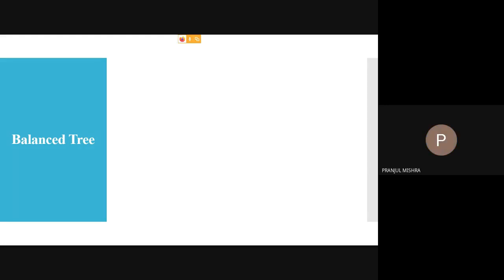Correct. Ma'am, it's like number of edges on the longest path. Balance tree will be the efficient solution you can get. Pranjul, Tushar, one by one. Tushar, you go first. Balance tree will be the tree by which we get the most efficient kind of a solution to a particular problem. Okay. And Pranjul, what was your say in this? Ma'am, I was saying that it is just the number of edges in the longest path between node and the leaf.